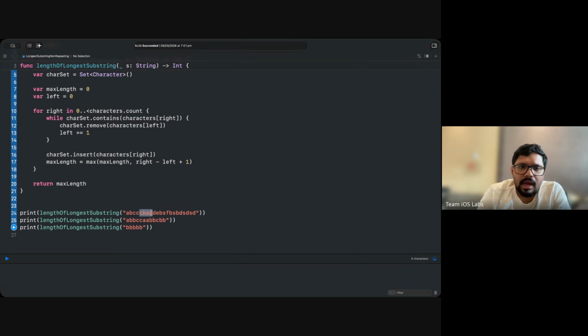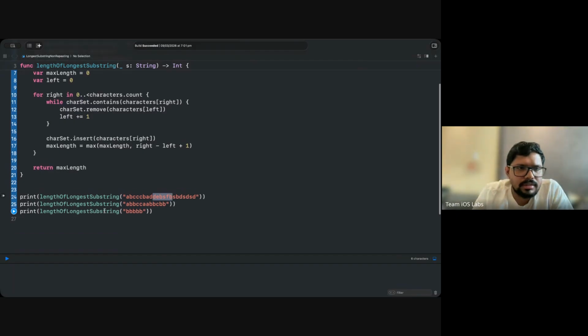This is fine. Again, you get the D. Again, you cancel out the left. You move your left pointer till you find only unique characters existing in your substring, which is basically you need to move it from here. And then again, you are seeing the D, E, B, S, F, and even B. This is, I think, the longest one, the five-character substring. You can even see the answer here. I think five is the longest substring here.